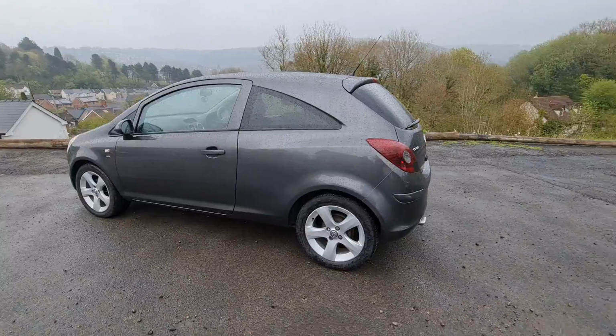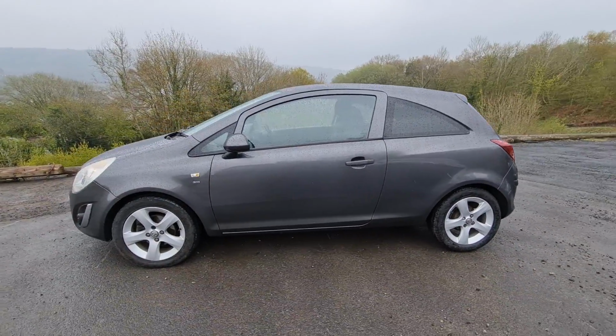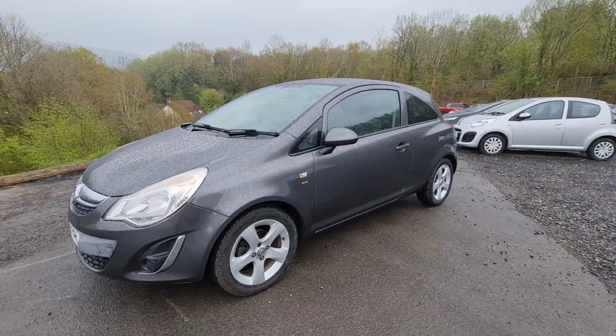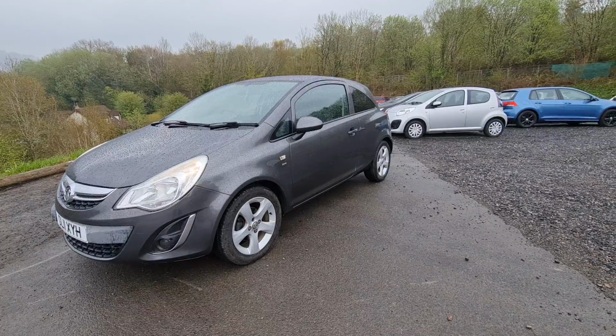So there you have it, guys. If you're looking for something that's not going to cost you the earth to run, but it's got a little bit more style and pizzazz than a majority of its rivals, I would recommend the SXI Corsa,